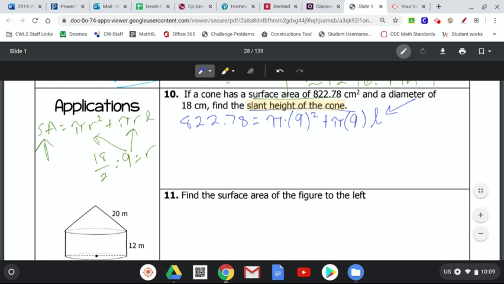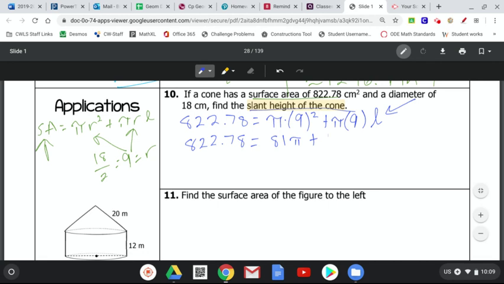So we have to simplify as much as we can. We still have that 822.78 over here, and we're not going to do anything with that yet. We're going to simplify the right side of the equation. So 9 squared is going to be 81, so 81 pi, plus pi times 9 times